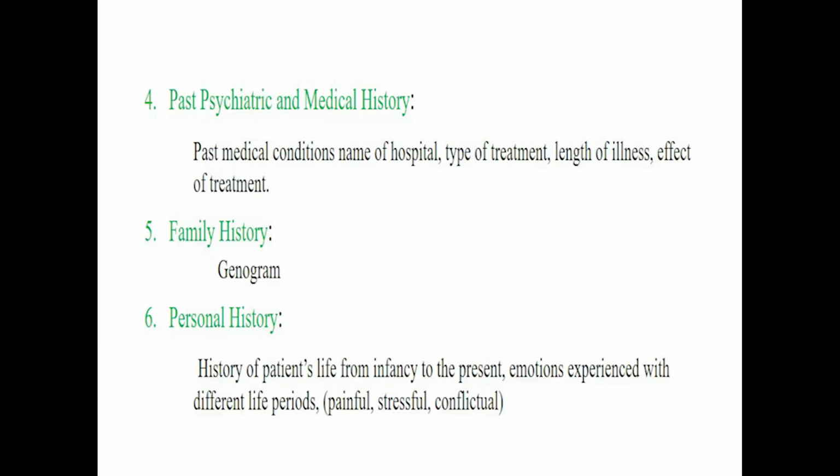Once that is completed, you have to collect the past psychiatric and medical history of the client, and the family history. In the family history, we can just go with the genogram. We can simplify it, as the genogram makes the complete family history very easy to understand. And the personal history should start from prenatal development, postnatal development, early childhood, childhood and development, schooling, occupation, menarche and habits. All these things come under the personal history, which is also very important information to collect.